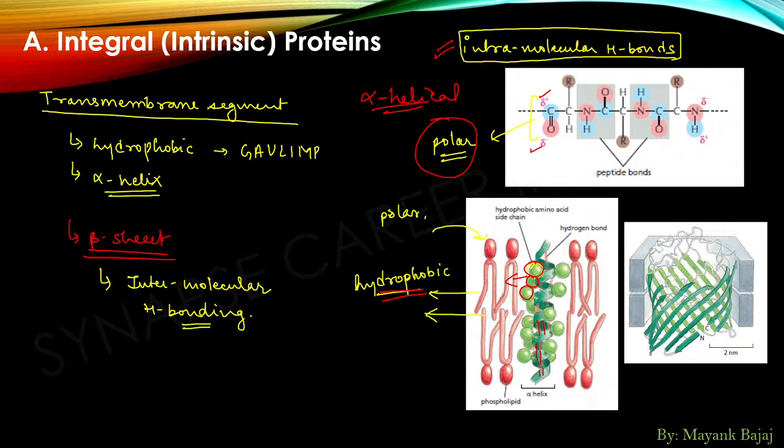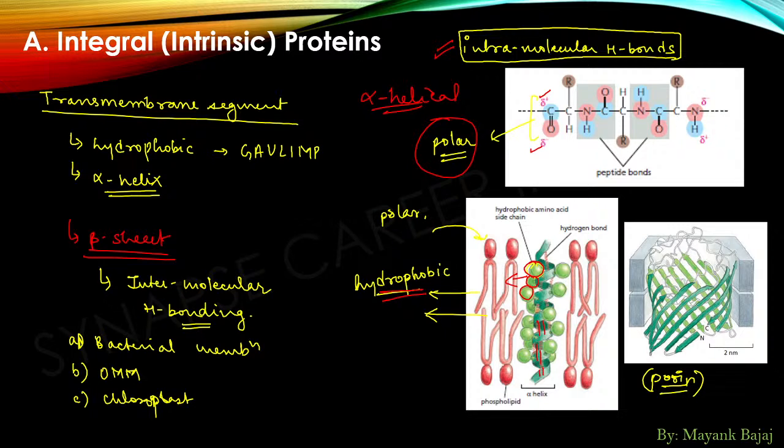We would be getting these barrel transmembrane proteins in a bacterial membrane, right? Second, we get them in the outer mitochondrial membrane, and third, we get them in the chloroplast membrane. And the best example for them is the porin, which transfers water molecules, right? Porins. तो बीटा शीट के अंदर इंटरमोलिकुलर हाइड्रोजन बॉन्डिंग होती है, राइट, जो कि सिर्फ इन तीन में ही मिलते